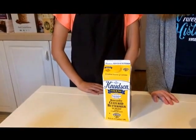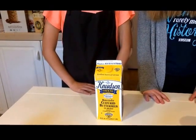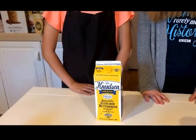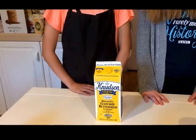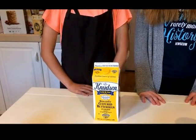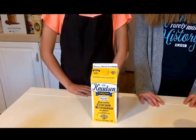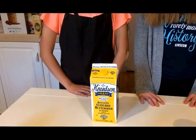Next we have buttermilk. Buttermilk is made of soured, then fermented lactose bacteria. In the buttermilk, the bacteria eats away at some of the carbon and hydrogen atoms, which reduces the pH, causing it to be more acidic and react with the bases in the batter. When this reaction occurs at high temperatures, this causes the batter to become more moist as a result of the